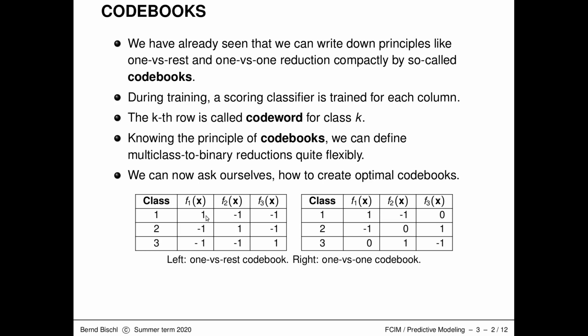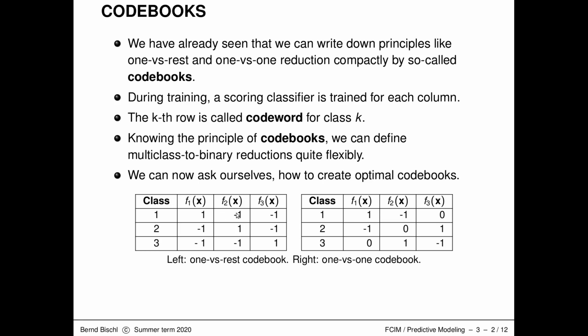So which original classes are encoded as positive and as negative, or which are omitted in this binary subproblem for this column here. And on all of these binary subproblems in the columns, I now train my binary classification algorithm to produce a model. I will now also give a name to what happens here in the rows: I will call that a code word for class K,